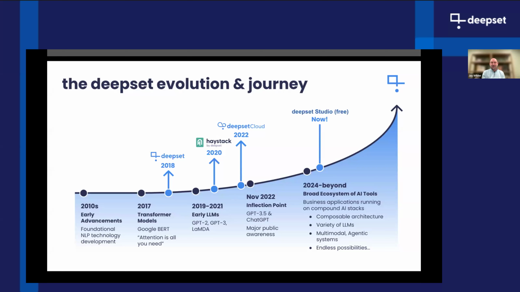If you go all the way back to Google BERT coming out, Attention Is All You Need being read, deepset started working with large public and private organizations, building bespoke AI solutions, and learning what's challenging, what's hard, but also what's repeatable, what can be abstracted, what could be made simpler. Those learnings were codified into the Haystack framework, which we're going to go through in just a moment, into a building block design. So you can get the flexibility, but you can get the speed as well to build